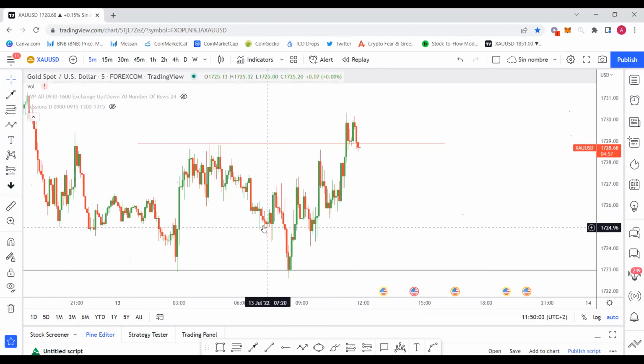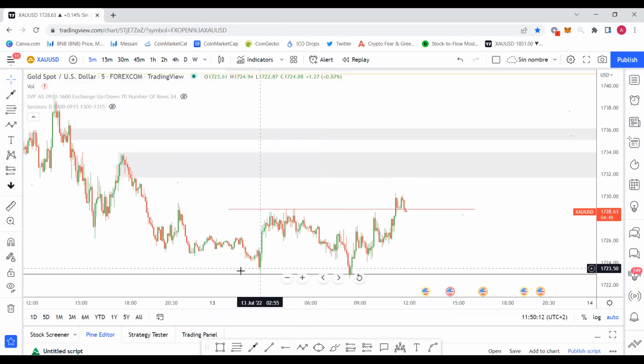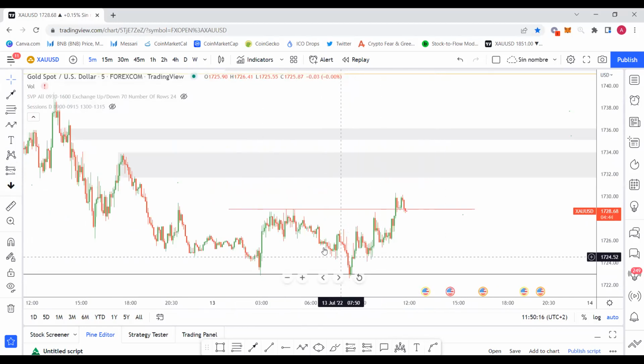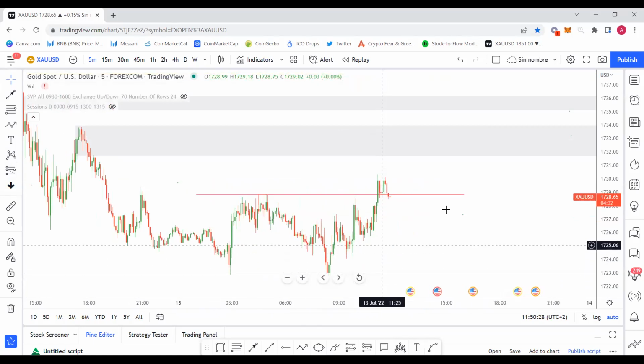The only thing I don't like about this head, shoulder, and head is that you see prices equaling here a high, okay? Equaling a low, okay? I like these patterns when they are at the top of a trend, okay? So if this would happen a few pips lower, that would have been better for me. But yeah, this is a shoulder, head, shoulder pattern, okay?